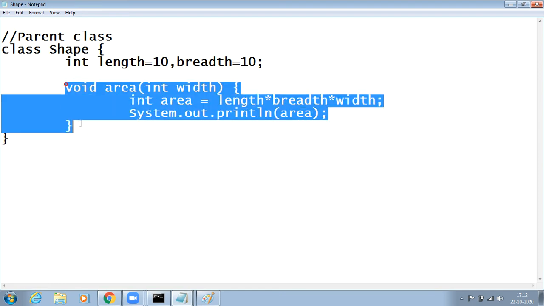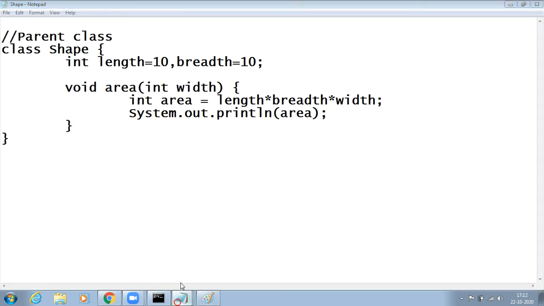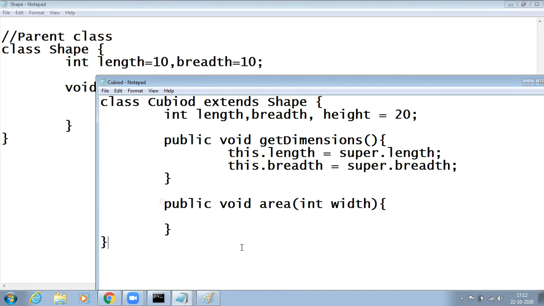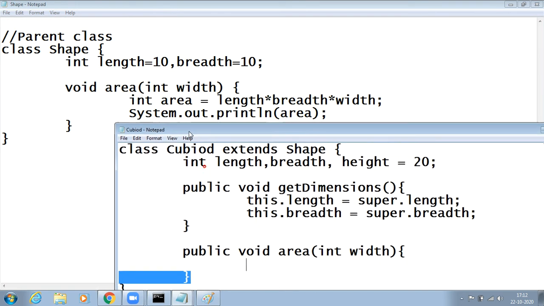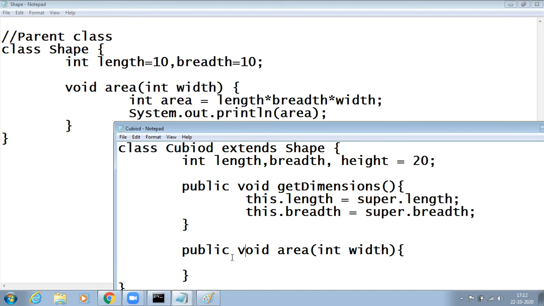Now in order to find the area for this cuboid, I pass a value. If you want to find the area here itself, you can write length into breadth into height. Or if you want to find the area with the help of the superclass logic, then you can simply say super.area and pass width here.